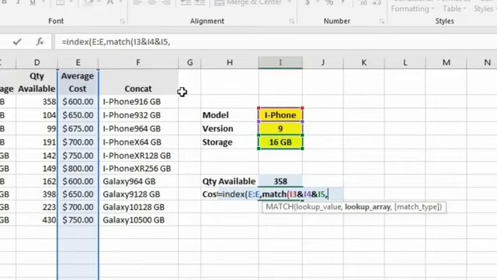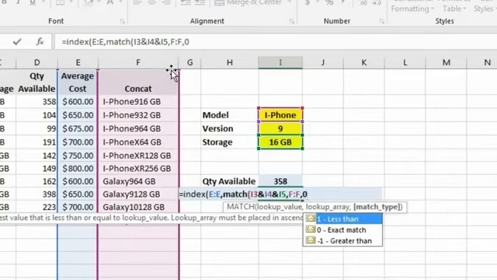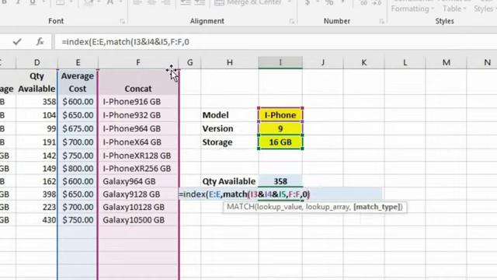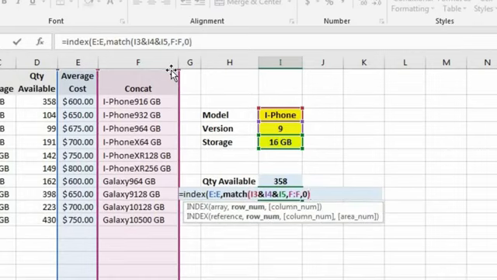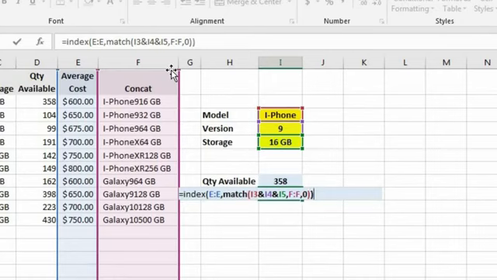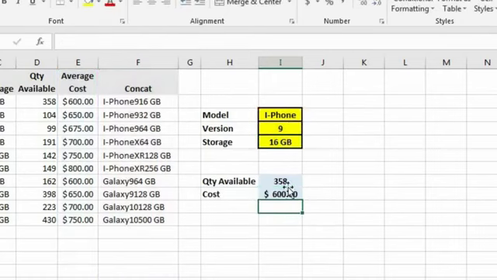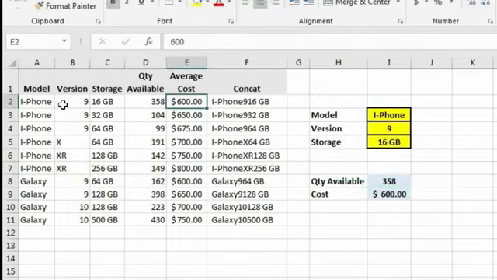The lookup array is going to be column F. And now the match type is going to be 0 for exact match. Let's close out the match function and let's close out the index function. Let's hit enter, and now we see the price for the iPhone 9 16 gigabytes, and that's $600, which is